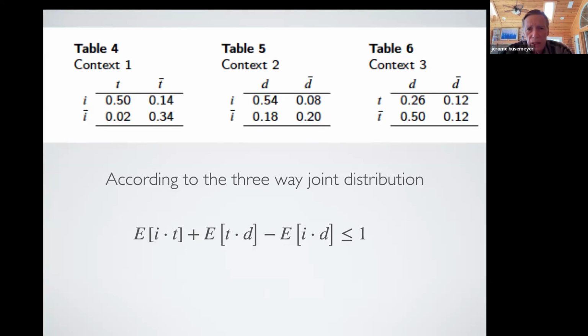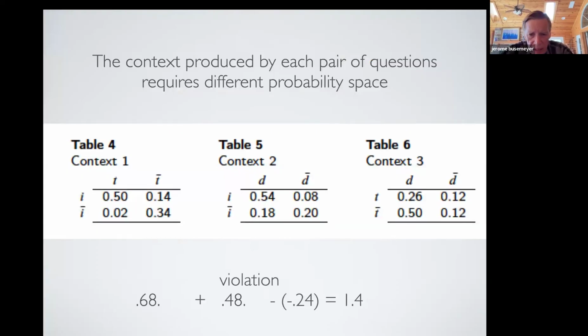Now, the data are shown at the top here. If you plug this data into those expectations, what you get is this inequality at the bottom, this violation. The first correlation comes out to be 0.68, the second one is 0.48, and the third one is minus 0.24. So when we take the first plus the second minus the third, we get 1.4. What's strange is how the first two have moderately positive correlations, but the third one comes out negative. That's nearly impossible for a three-way joint distribution to produce. Anyway, 1.4 is greater than the boundary,